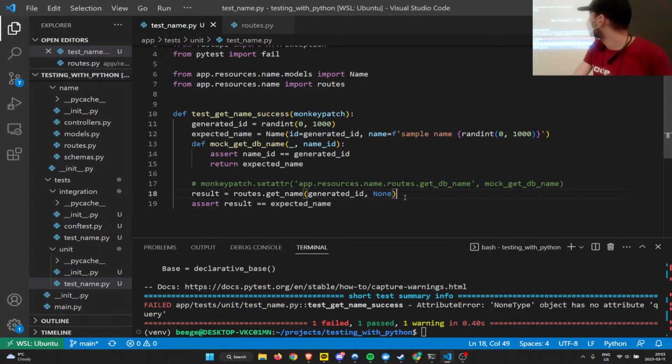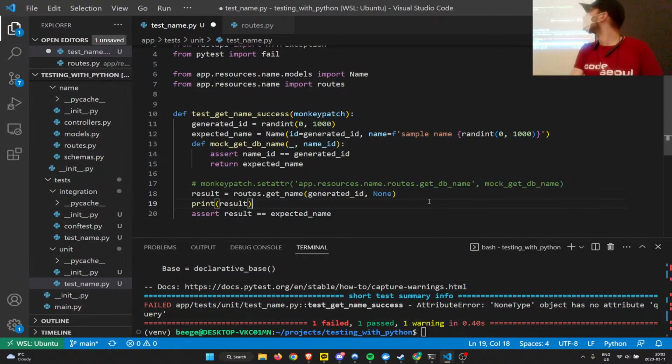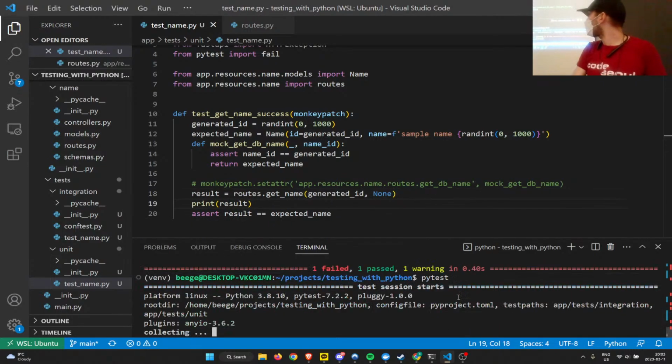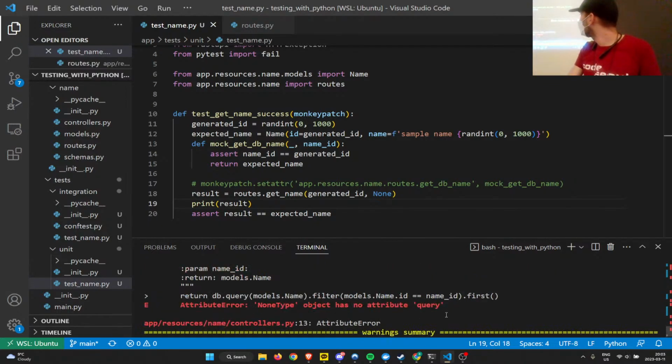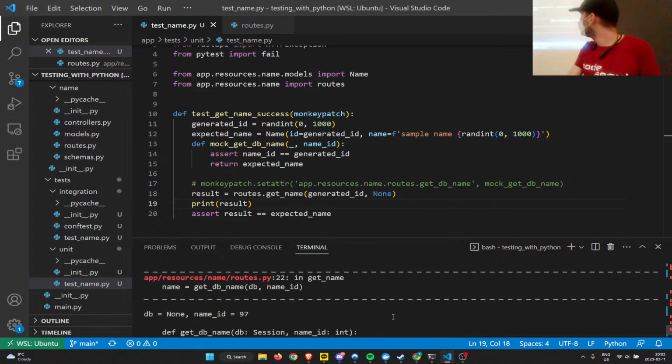Print works if the test fails, which is actually really nice. So I can say print result, and then if I run the test, you'll see if we scroll up a bit, NoneType object has no attribute query.